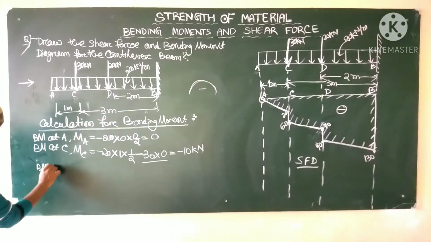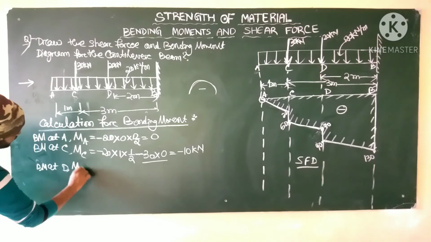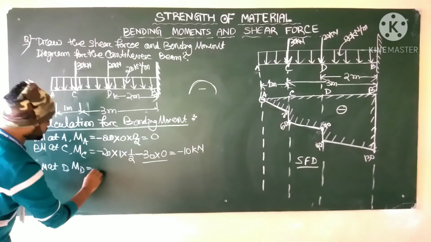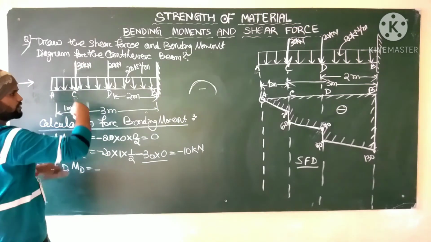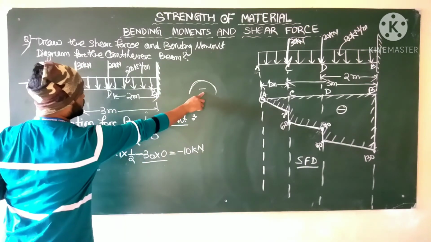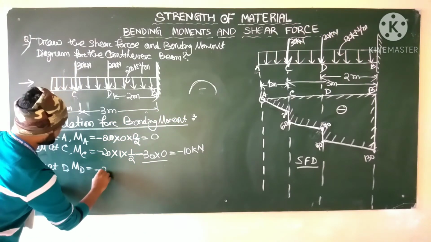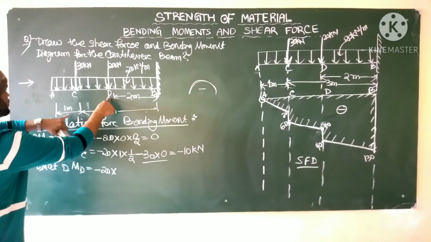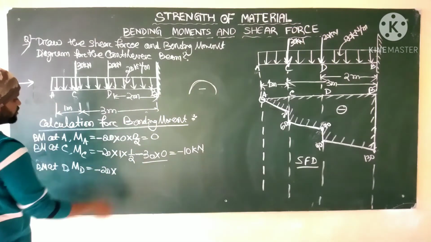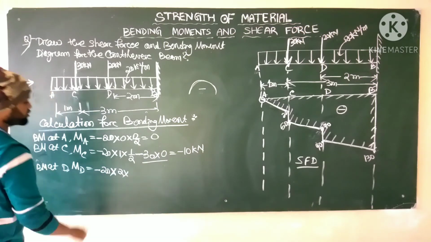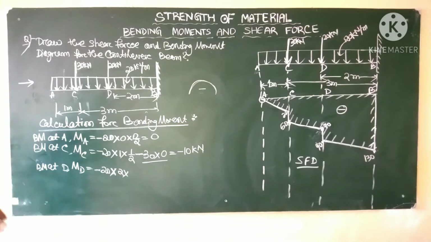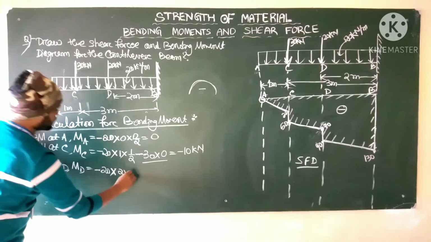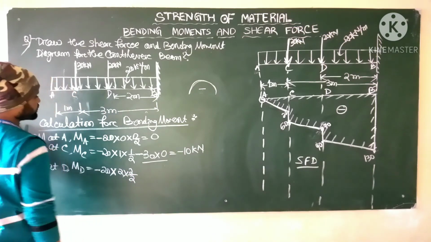Now bending moment at D, that is MD, equal to: from A to D there is a UDL. As it bends the beam downward, we will take negative bending moment, so minus 20 into. Now the distance from A to D is how much? 1 plus 3 minus 1, 1 plus 1, that is 2. Into, always consider the bending moment, so for the UDL, the load is at the midpoint, so from the midpoint to D, how much distance? 1, that is 2 by 2.